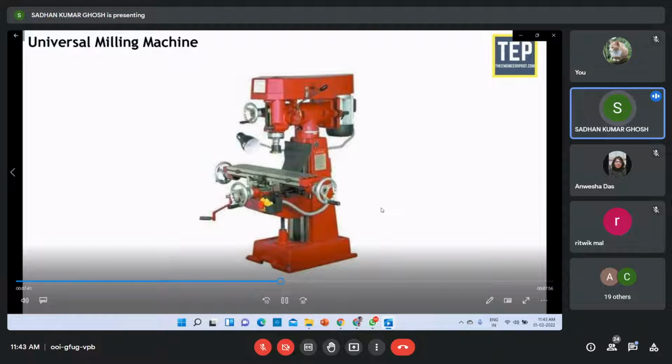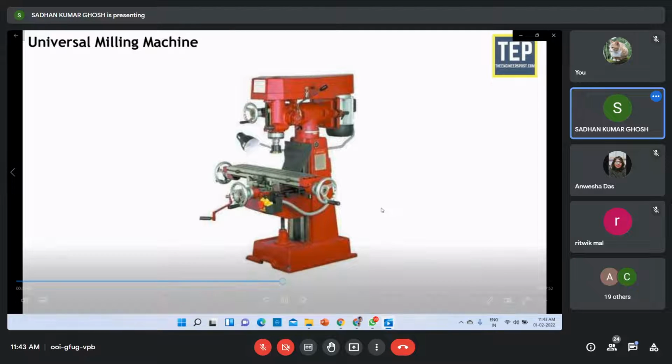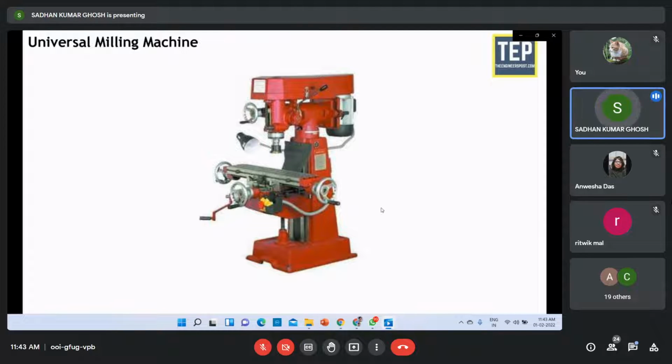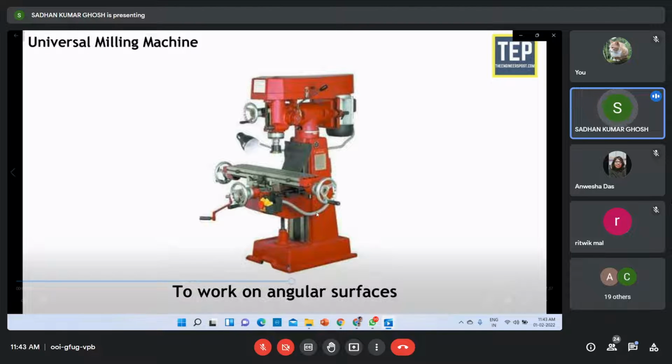This type of machine is adapted for machining grooves, slots, and flat surfaces. The machine may be of the plane or universal type and has all the movements of the table for proper setting and feeding of the work. The spindle head is clamped to the vertical column, which can be swiveled at an angle, allowing the milling cutter fixed on the spindle to work on angular surfaces.